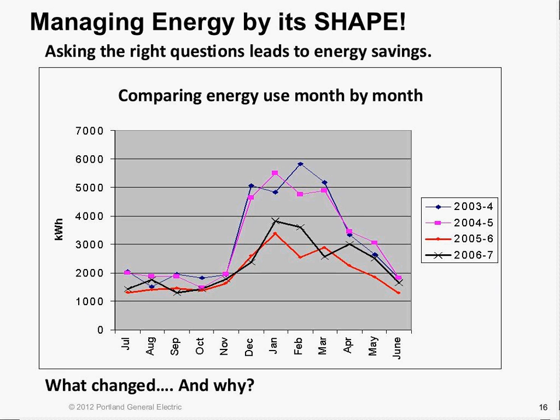Once you've got data, what we're finding as the world becomes more complex is you need a visual representation of what's changing and why. In this case, I took monthly bills, 4 years of information, and you have a spreadsheet with 12 months across the top and 4 years down the side, and you look at the spreadsheet and you kind of go, okay, I think I might see what's going on. But once you graph it, you can very quickly see